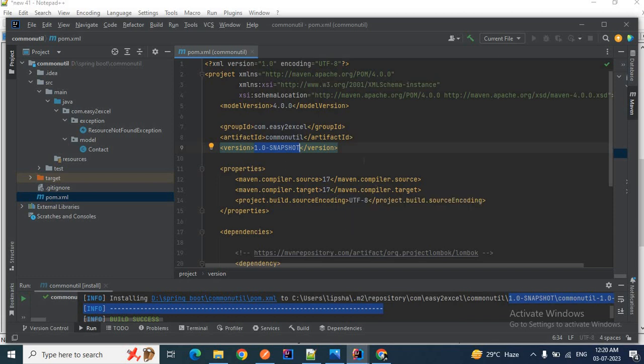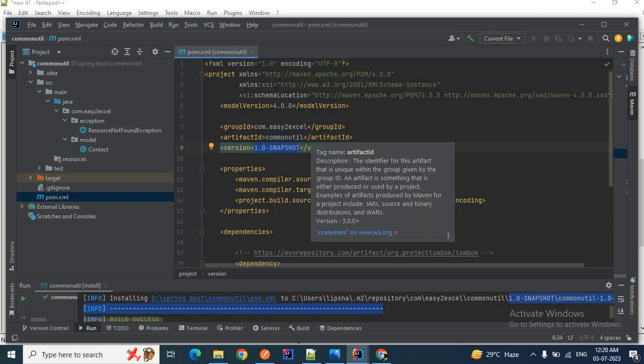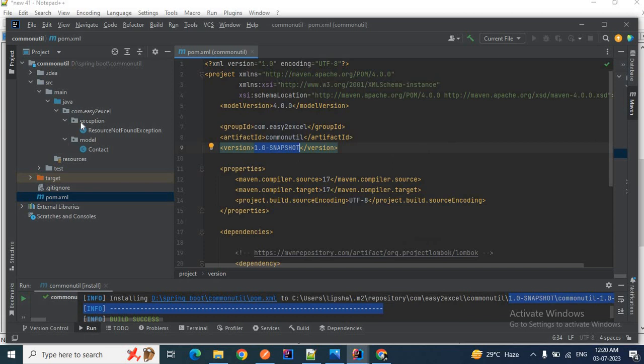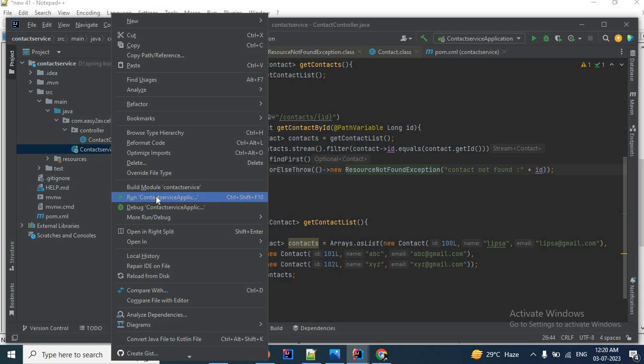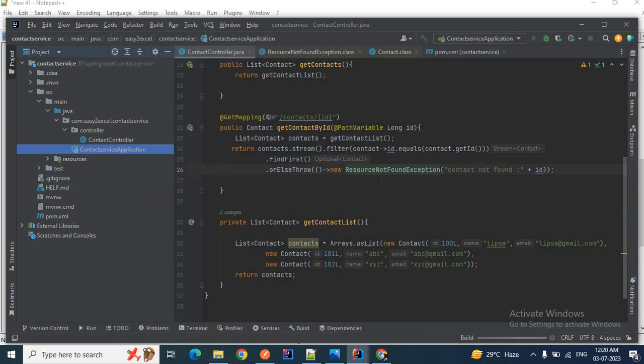So whenever you do a jar file creation, that jar file or that artifact will be stored in your what? Company's artifact repository. So now I just built it locally so that this jar file is stored in my local .m2 repository. Clear? So that's how you can create a jar file of a project and add it as a dependency in another project. Clear? So let me quickly run this application so that we can check whether these endpoints are working fine or not.